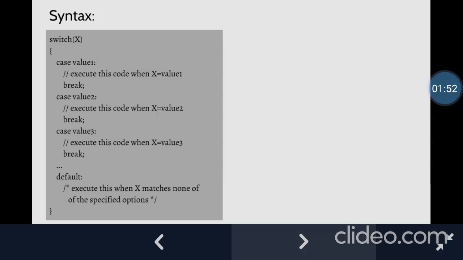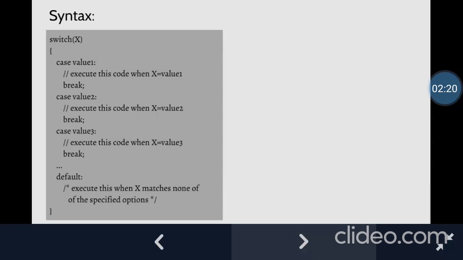First the syntax. You can see switch in brackets x. So switch is a keyword here and x is an expression. Then we have many cases followed by values. For example, you can see the very first case, value 1. Here we match the expression with the value. What is written inside the case?